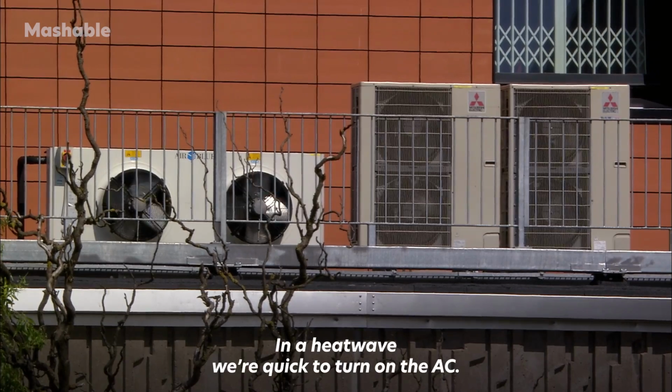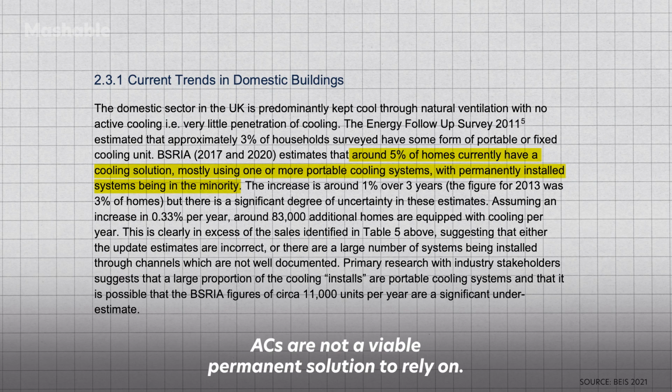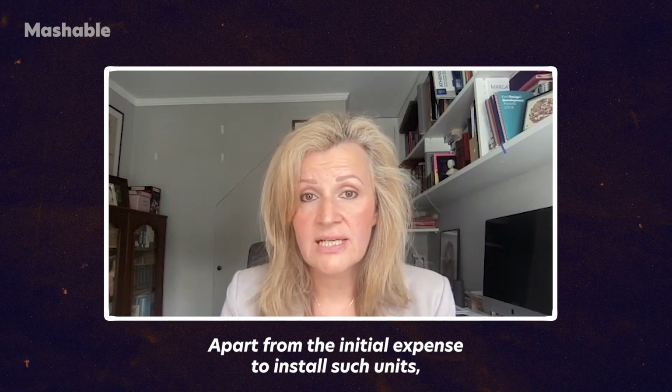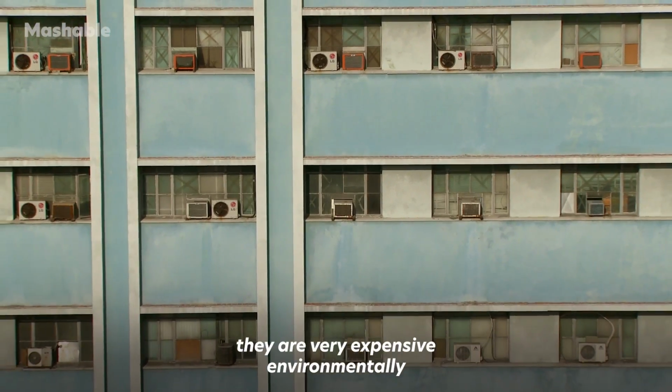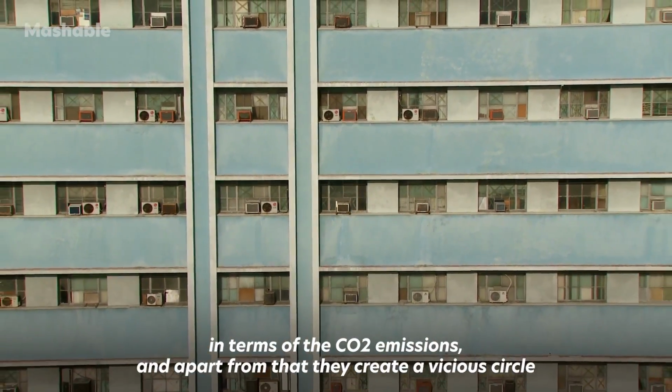In a heat wave, we're quick to turn on the AC. But even if you have one, and in the UK that's a rather rare luxury, ACs are not a viable permanent solution to rely on. Apart from the initial expense to install such units, they are very expensive environmentally in terms of the CO2 emissions. And apart from that,